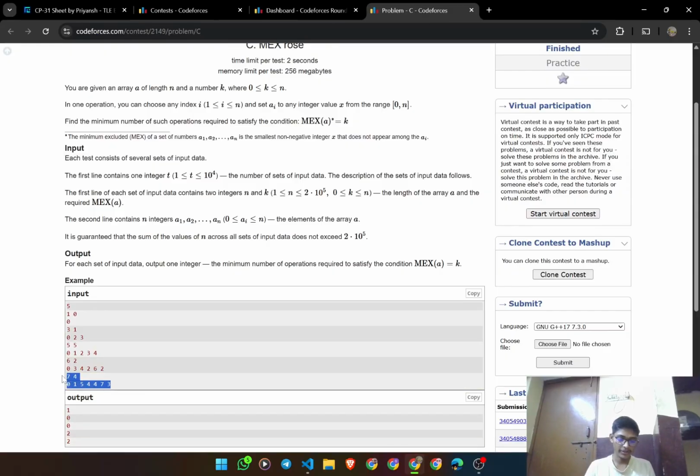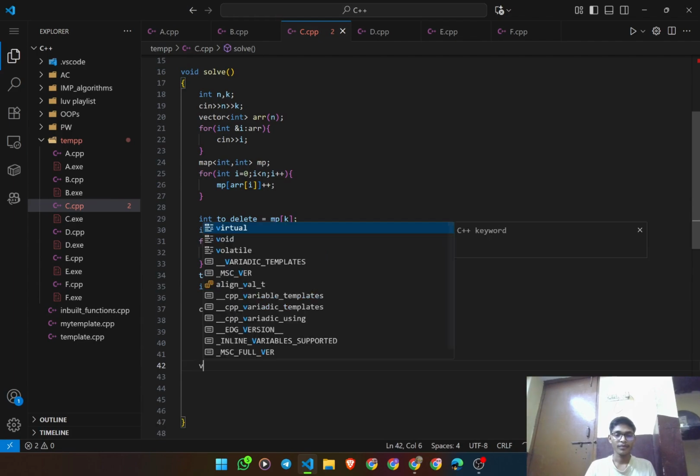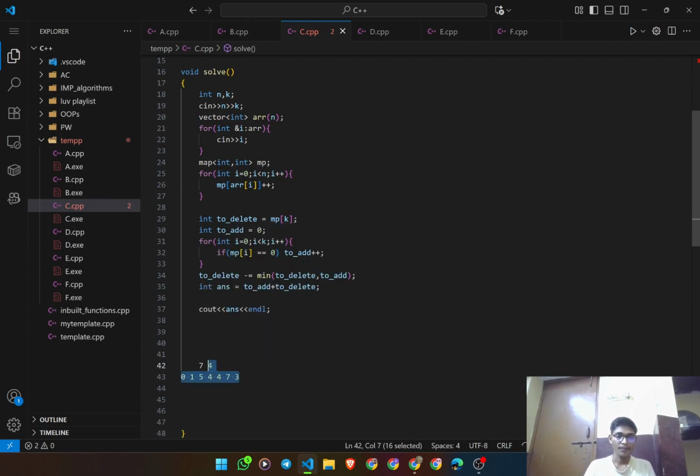Okay, let's take the example from here. Here 7 and 4 are given, and this array is given. This is the n value and this is the k value. So k is 4, so the max we have to make is 4. So to make the max of the array equal to 4,